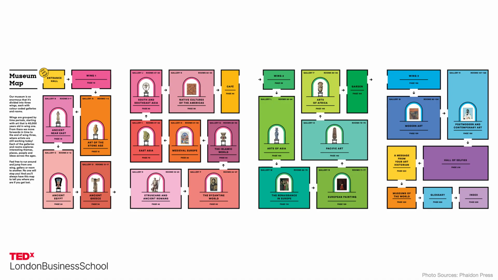So if we take a look at Wing 1 in the pink, you'll see that's the ancient wing. And there I've broken things down into smaller regions, ancient Egypt or ancient Rome, for example. Then in the green, we have the early modern period, and the regions get a bit bigger there. So now we've got bigger areas like Asia or Europe, for example. And then finally, in the blue wing, we have modern art and contemporary art.